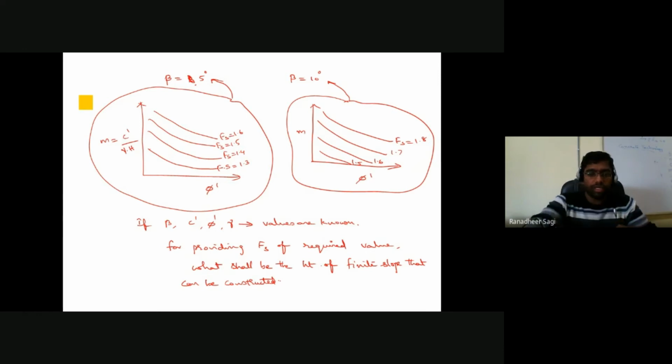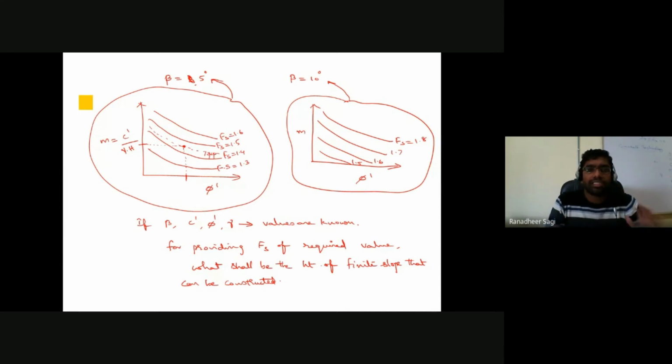So then what I can do is, for that corresponding beta angle, look at the chart that is there. I'll go to that particular chart, and for the phi value of that soil, and for that Taylor's number which I get from the ratio of C dash by gamma into H, I'll find the intersection of those points, somewhere here. This point might fall on some curve like this, which could have a factor of safety somewhere between 1.4 and 1.5. Let's say it is 1.44 or 1.45 from interpolation.